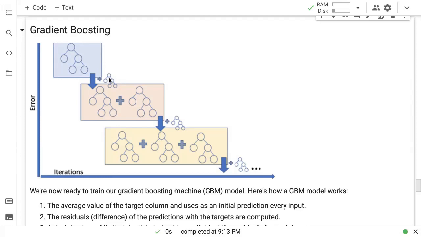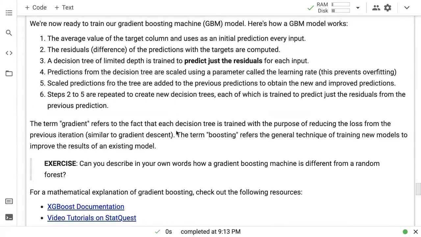So in some sense, we are doing iterative gradient descent. So that's the mathematical term for it, and that's why it's called gradient. So a gradient boosting machine is simply a boosting technique which tries to minimize the error by creating new estimators or new decision trees each time. And that's what it is. Okay.